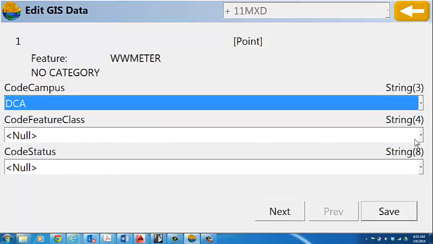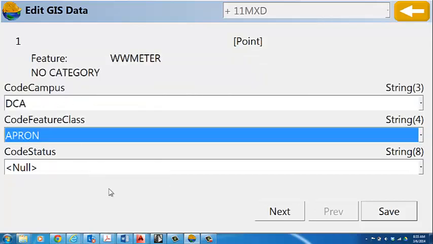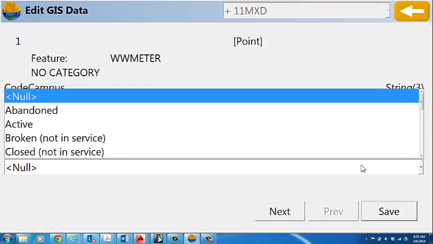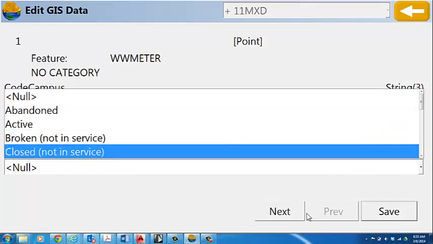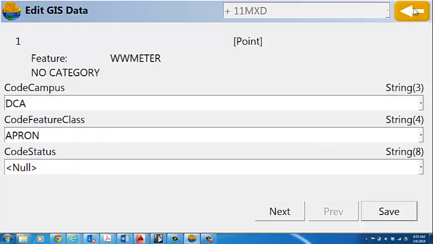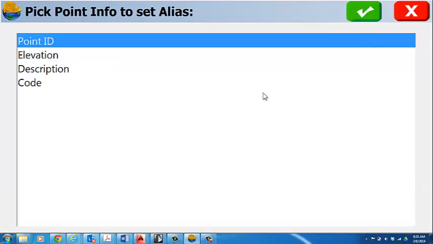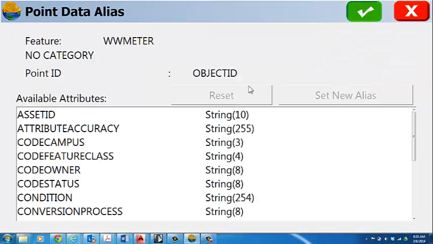feature class, let's see what this says. Apron and code status. Let's see if I can, no. All right, so I'll do no. All right, so right now, apron, I'll just say code feature class will be the, okay, let's do this, exit out, and I want to create an alias for this and see apron, at least the text show up. So I go to alias, and I'm going to do point ID, pick the there, and